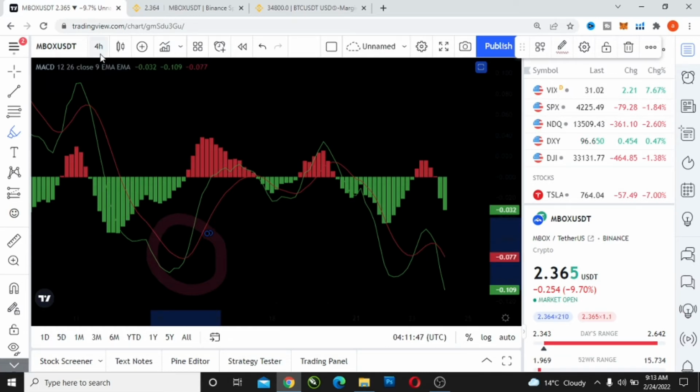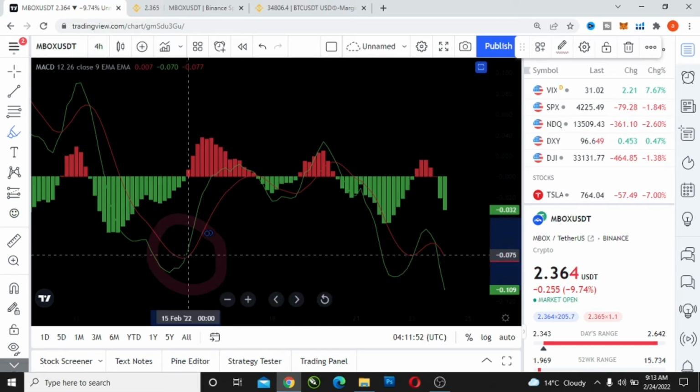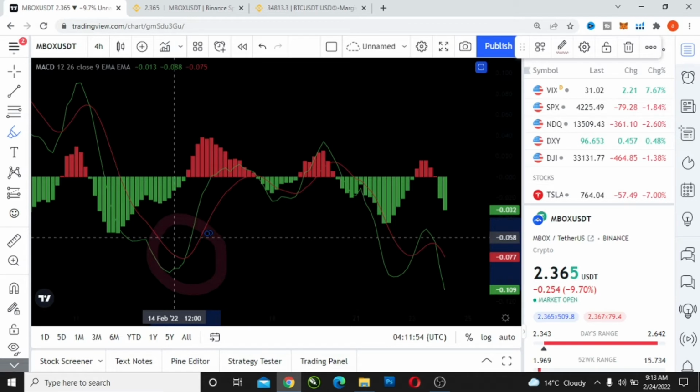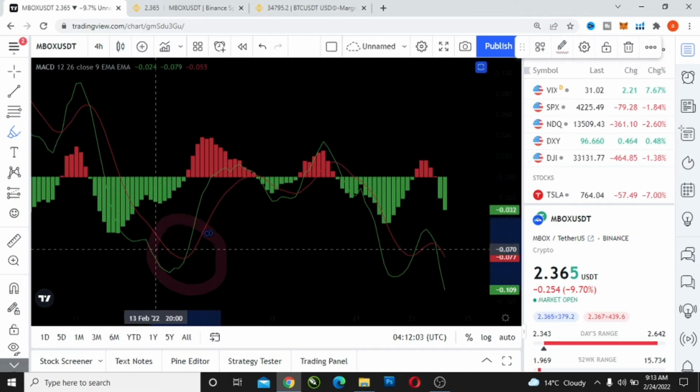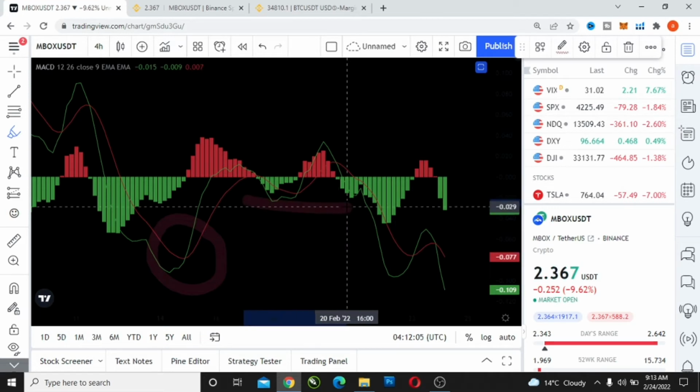But make sure to use the 4-hour or daily time frame. You cannot take entry after seeing the crossover on a 1 minute or maybe 15 minutes chart. You have to take the bigger time frame. All right, so this means that there will be price appreciation. However,